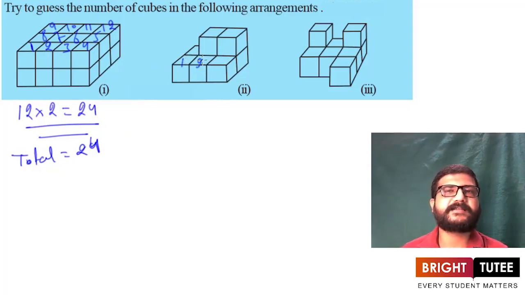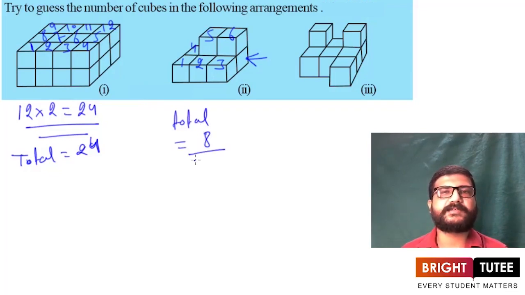This is first, second, third, and this one is fourth, and let's say this is fifth and this one is sixth. And below fifth and sixth cube there are two more cubes which are hidden in this case. The cube which is below fifth one is totally hidden, but the cube which is below sixth can be viewed from here also. So these are 6 cubes and 2 are hidden. So in total there will be 6 plus 2, that is 8 cubes. So total number of cubes are 8 here.